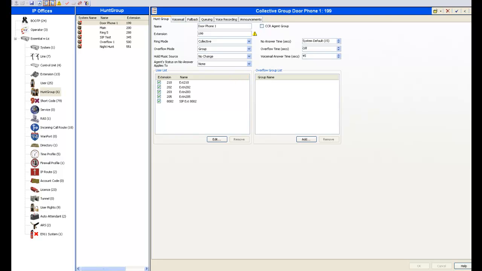As I also pointed out in my little pop-up in there, whatever you type in the name of the Hunt Group, that's what's going to appear in the LCD of the telephones. So if you have multiple door phones, you can give obviously each one a different name. And it doesn't have to be door phone 1, 2, 3, 4. It could say side entrance, back door, front door, whatever you want to put in there will appear in the